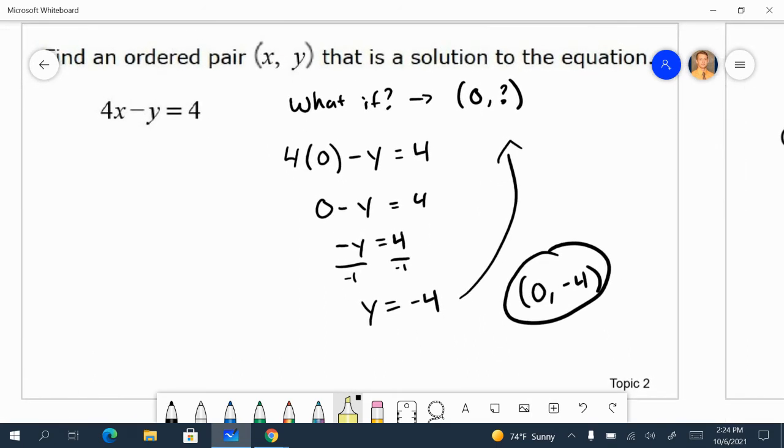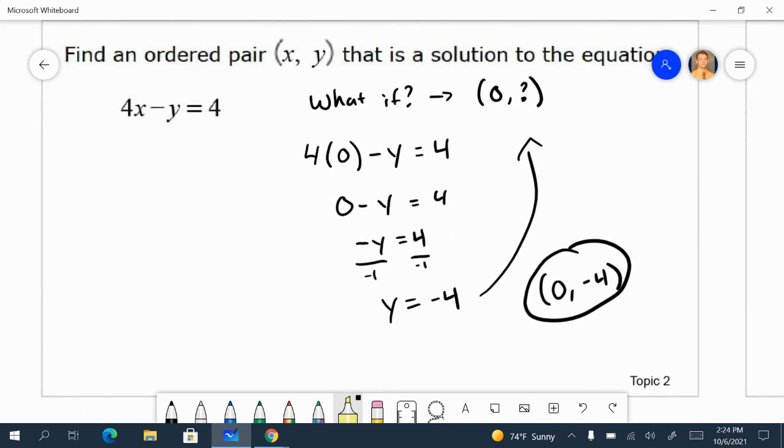Topic number 2. Find an ordered pair x, y that is a solution to the equation. So right now they gave us an equation. They want any solution. So basically what we're going to do here is say, okay, let's just pick x or y and make it 0. Because if we make it 0, like I did here, let's just assume x is 0, then we can figure out what y is. So to do that, if I plug in 0 for x,